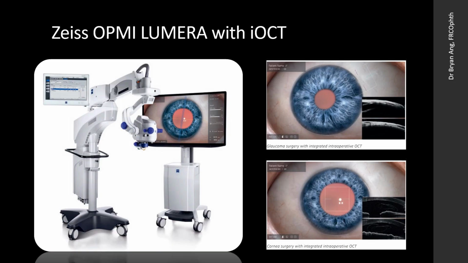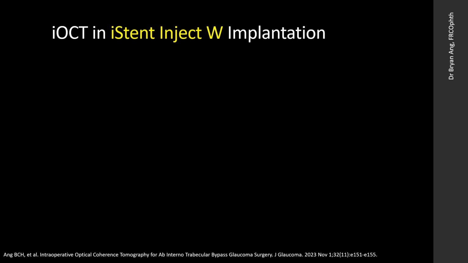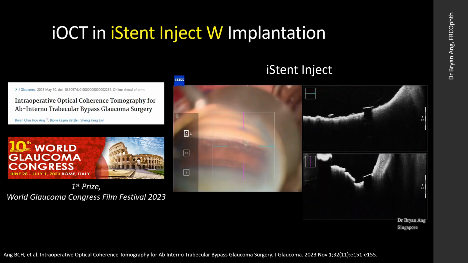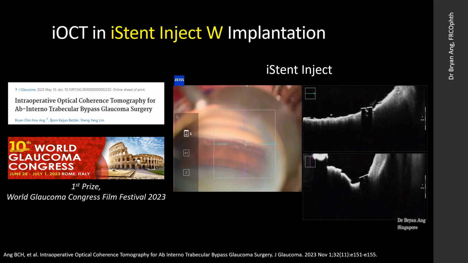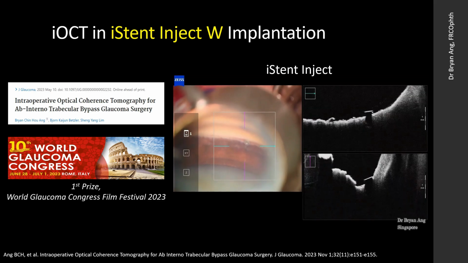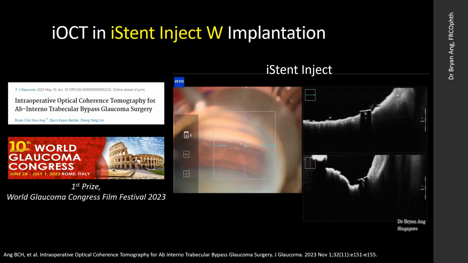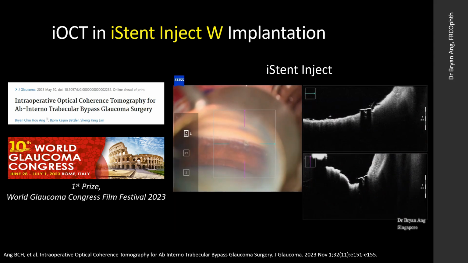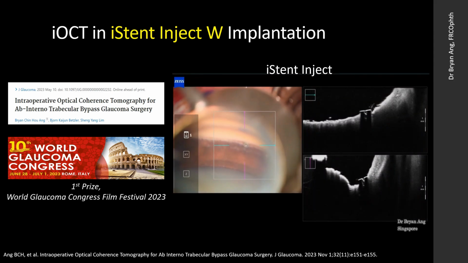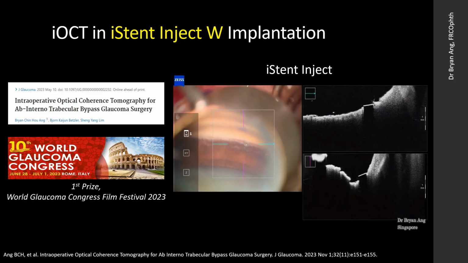I've published on how one may use the iOCT in intrabecular bypass MIGS. Here, I've implanted the iStent Inject W, and I'm using the iOCT to image the stents. I'm imaging the stents under intraoperative gonioscopy guidance, and here are the horizontal and vertical cuts. While the deeper head and thorax are not visible due to signal loss, you can appreciate the excellent resolution of the iOCT in imaging both the flange and even the 80-micron lumen of the stent device, which should lie just